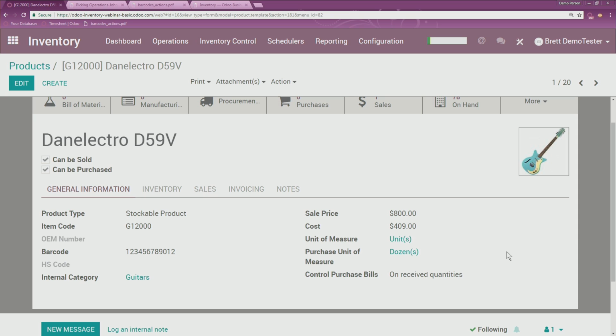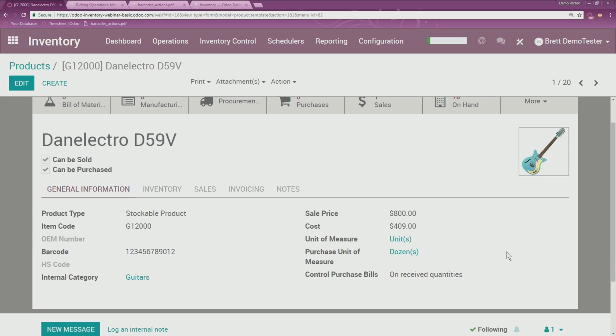Those units are converted freely, but when it comes to actually tracking the stock, you are only looking at the unit of measure that you have defined there on the product form. So you want to define your reordering rules in terms of that unit. You're going to want to define your sale and cost price in terms of that unit, though you can buy and sell it in